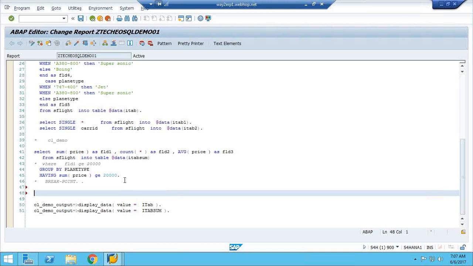In HANA, we try to avoid application server involvement as much as possible, because the HANA database is very fast and in-memory, meaning it is built in RAM. That's why we try to do all processing at the DB level only.